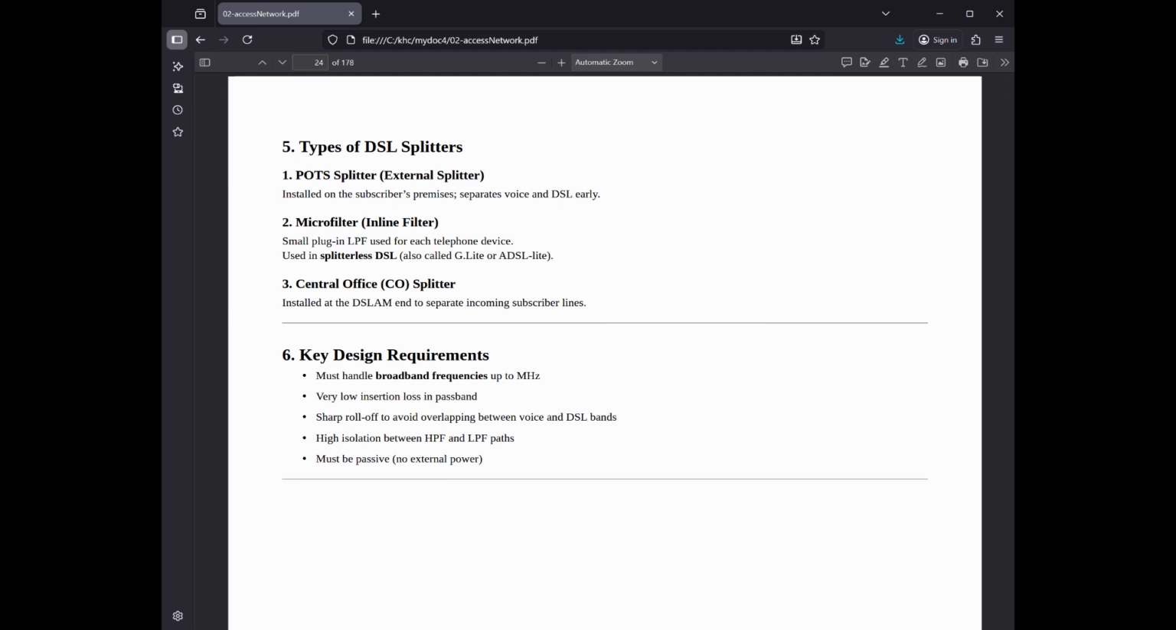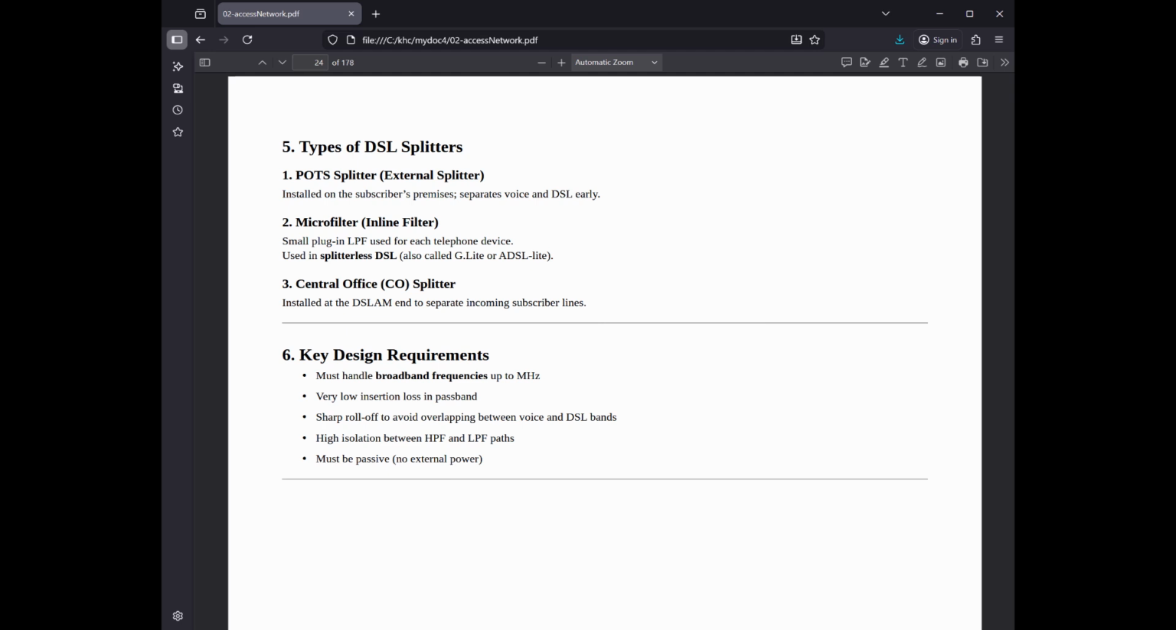Design requirements for DSL splitters. Design requirements for DSL splitters, including master splitters and microfilters, ensure that high-frequency data and low-frequency voice signals do not interfere with each other while maintaining the integrity of the traditional phone service. 1. Frequency response and filtering. Voice band, low-pass filter: the splitter must allow frequencies from 300 Hz to 4 kHz, POTS, to pass with minimal attenuation. DSL band, high-pass filter: